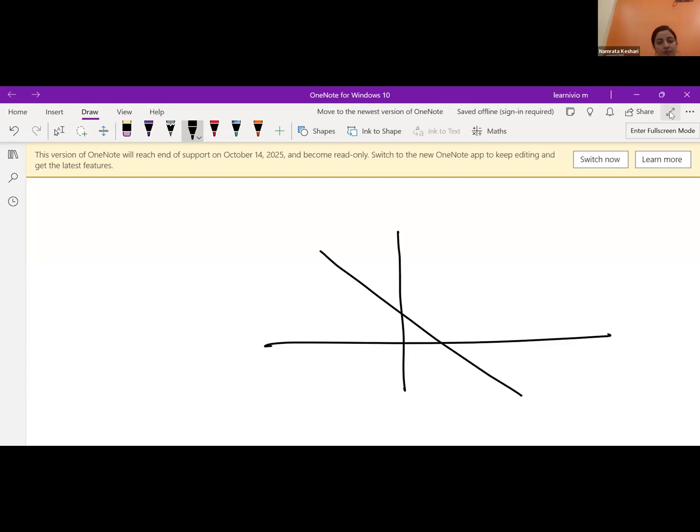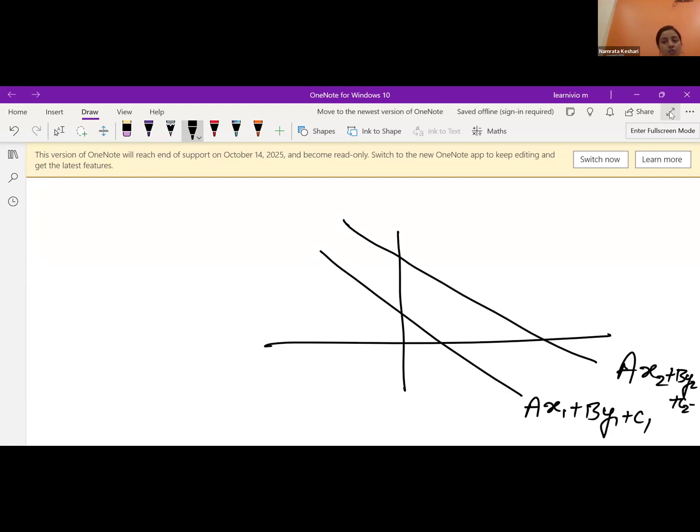There is a last formula for the distance between two parallel lines. When we have two parallel lines, the distance between them can be found by using this formula. Suppose you have a coordinate axis. One of the lines has equation ax1 plus by1 plus c1, and another line has equation ax2 plus by2 plus c2 equals 0. Then the perpendicular distance between these two parallel lines can be found by the formula d is equal to mod of c2 minus c1 or c1 minus c2,